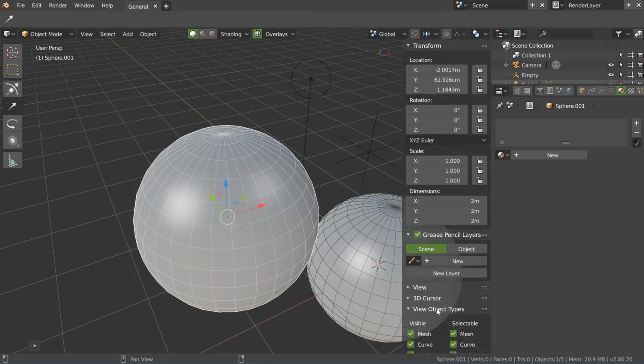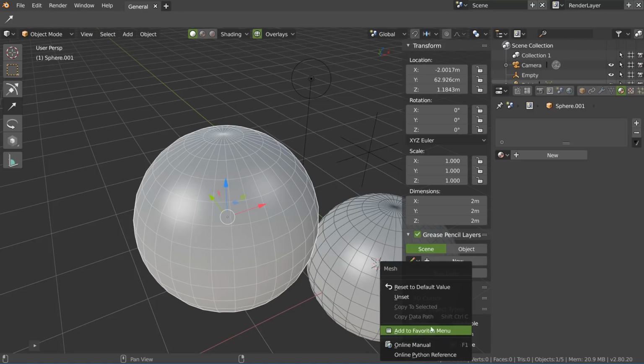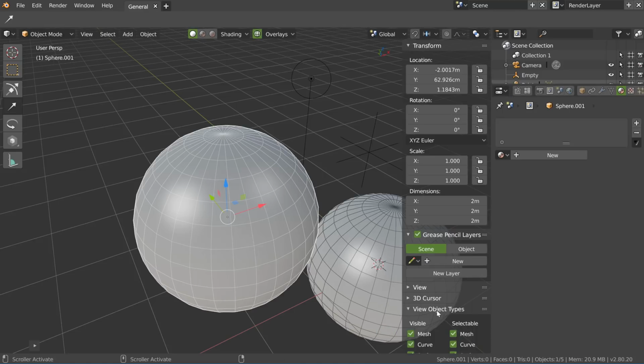Normally I should be able to, no, I cannot, make a right click. As you can see, we cannot make a right click. Here we can make a right click on this part, but not on this one, because it's not a menu like this one. So I hope they will move it here.